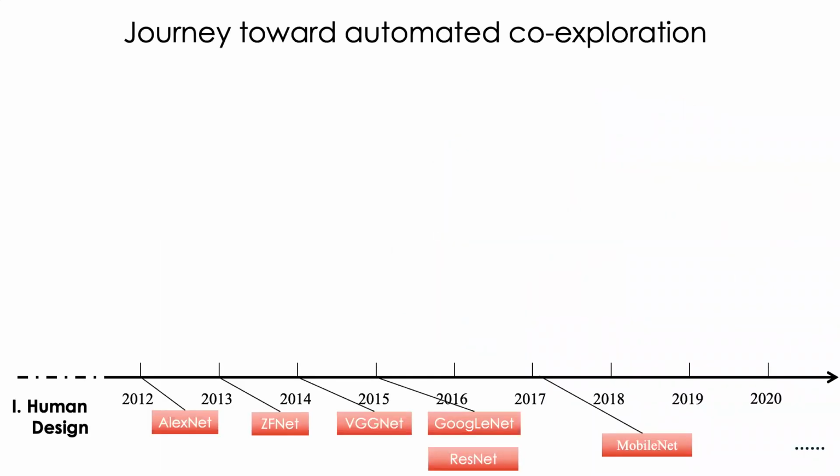So before we can actually talk about co-design, I would like to go through what I call the journey towards automated co-exploration and really look at an evolutionary path of current generation deep neural networks, current generation algorithms. Although, as we have already established, neural networks started all the way from perceptron in the 1960s, 1955, it's really post 2012 that with deep neural networks, we have started achieving significant performance that has in many cases surpassed